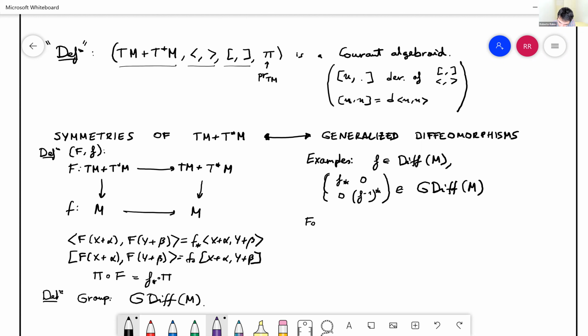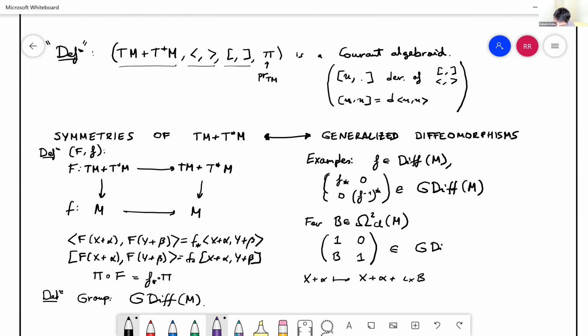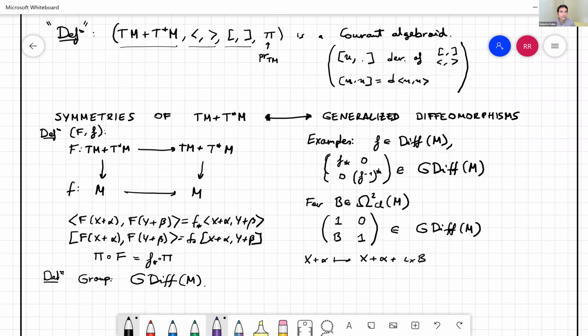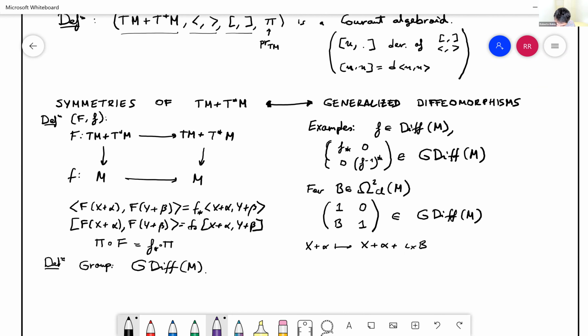And the other ones are that for B a closed 2-form, it turns out that this map, where I put here the identity, which I denote by 1, is also one. Here I'm still using these block matrices. What it means is that if I have x alpha, I do x plus alpha plus now the B is acting on the x, in the block matrix notation. So I do i_x B, and that gives me a 1-form because B is a 2-form. So this element is also in GDiff of M,